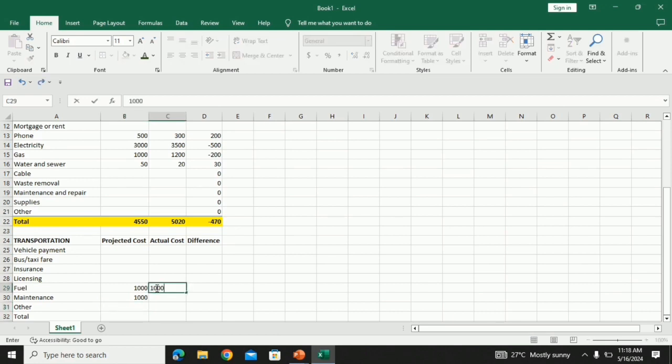The actual cost of fuel is 500, maintenance 500. So let's total the difference, enter equal, and then projected cost minus actual cost, and then drag down.